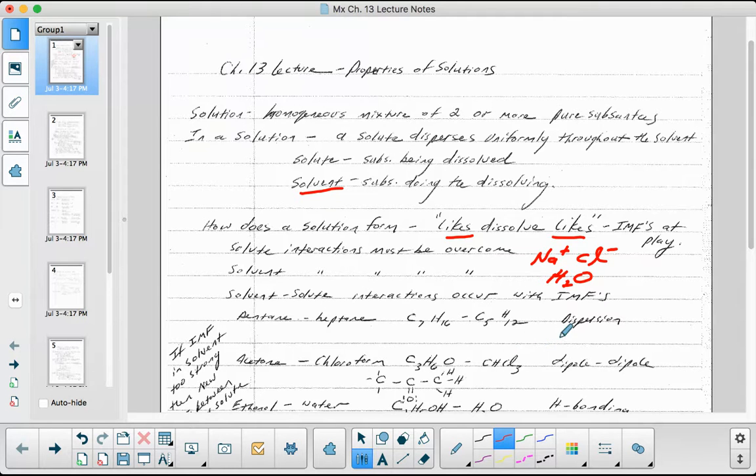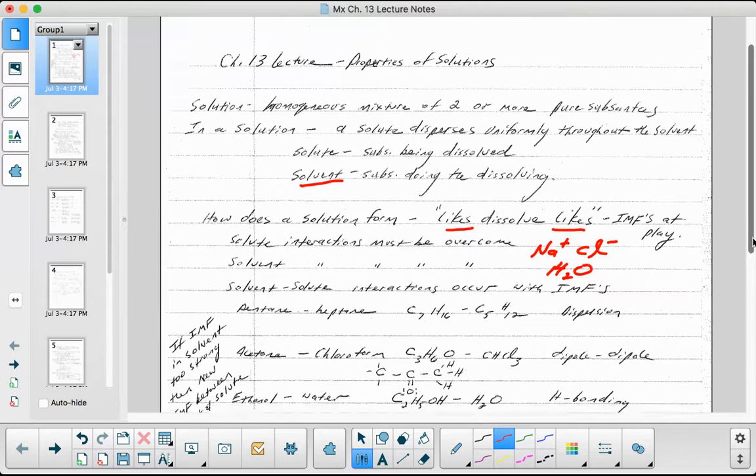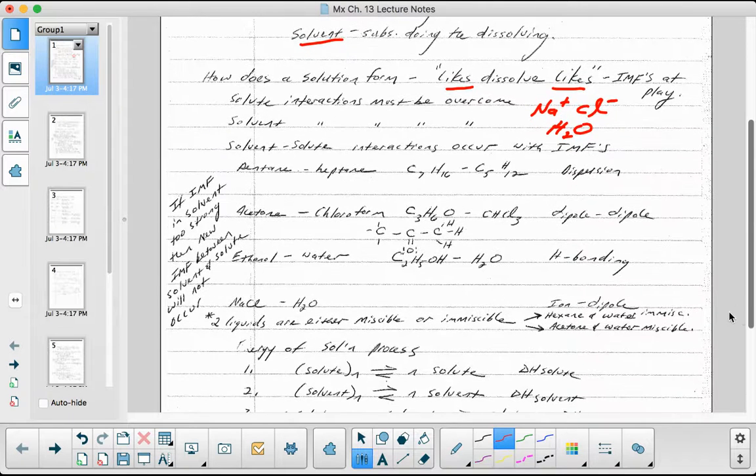Acetone and chloroform each have dipole forces, so they would dissolve in each other. Ethanol and water both have hydrogen bonding, so they would be miscible in each other. Those two terms, miscible and immiscible, mean: miscible, it will dissolve in each other; immiscible,